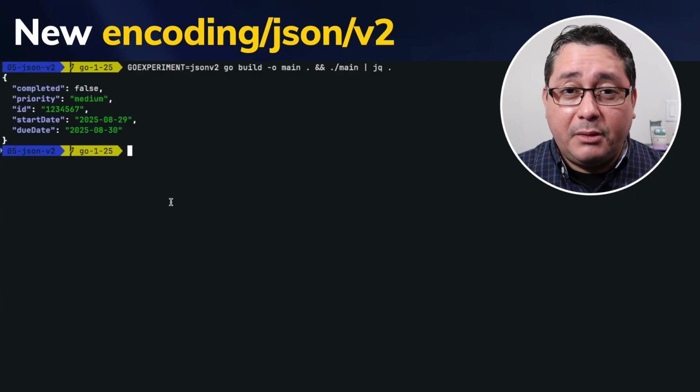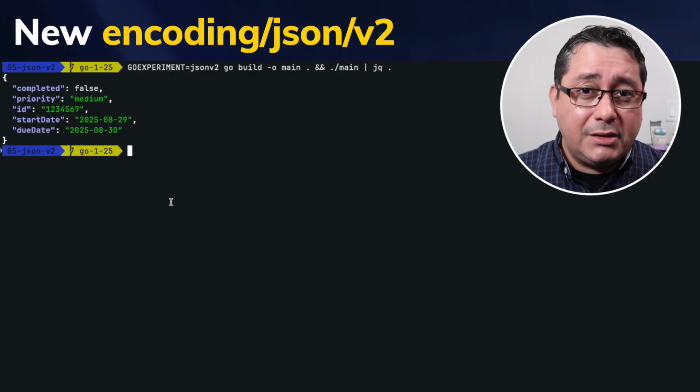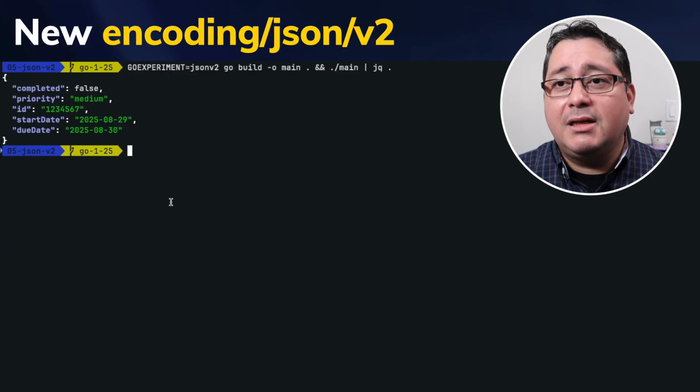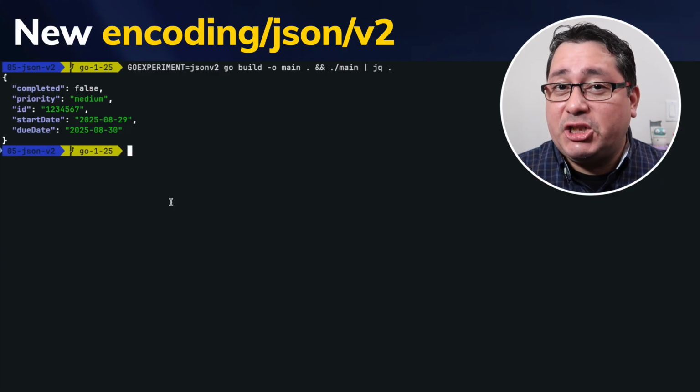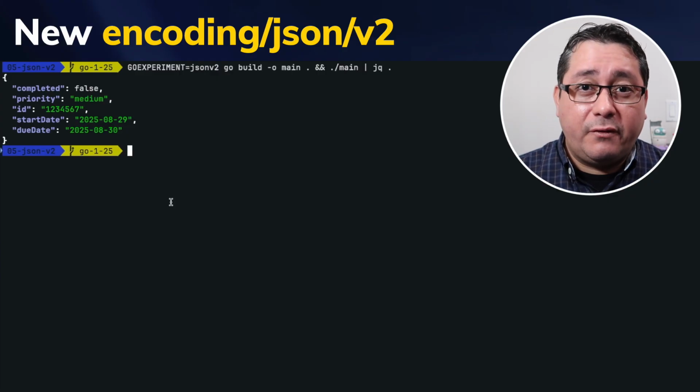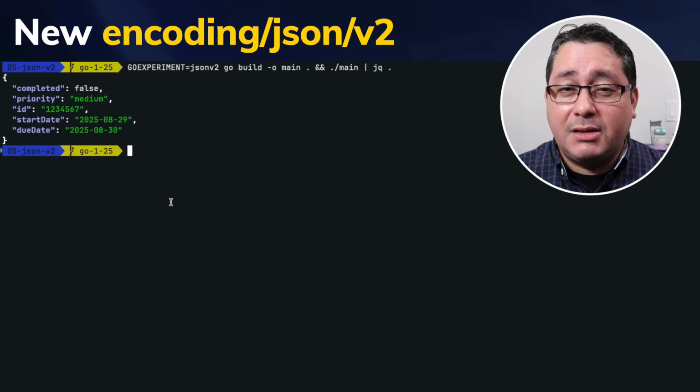This definitely simplifies a lot of things related to marshalling and unmarshalling and improves the way we're dealing with JSON, but it's going to be a massive change if you want to upgrade your v1 to v2 and make sure everything is backwards